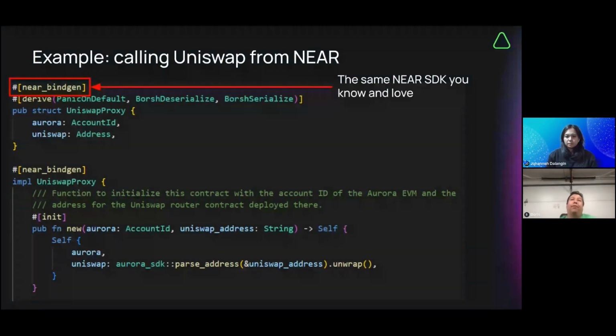From the hackathon part, if you have an application in NEAR and you want to expand it to Aurora, it probably fits the criteria. So you could probably use that, right? Basically, what this is doing is calling the Uniswap contract that is already deployed in Aurora, and you have to say the account, the addresses, and the parameters of the function you're calling in Uniswap, right?